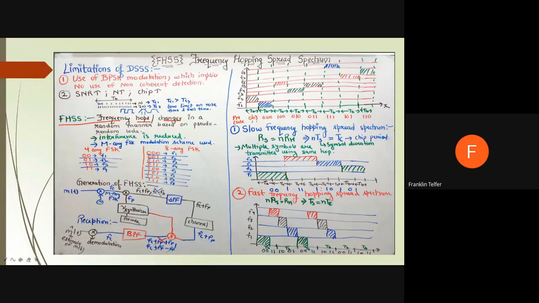And third one is MARY frequency modulation scheme is used for this FHSS. So previously all DSSS, CDMA, they use BPSK modulation. So here we use the MARY FSK modulation. So M is the number of elements, based on 10 or 12 or 15, depending upon the number of shift registers being used. And the 4-ary, if you take 4-ary FSK, so let us take 00, 01, 10, 11. So here 00 can be taken as frequency 1, 01 as frequency 2,